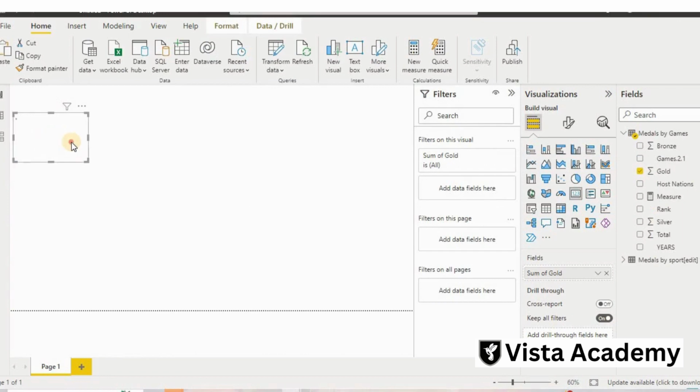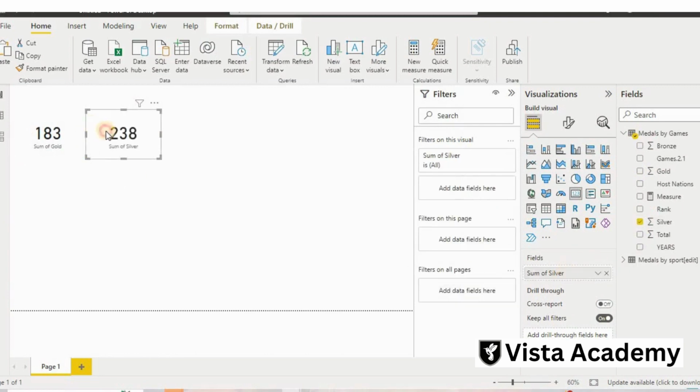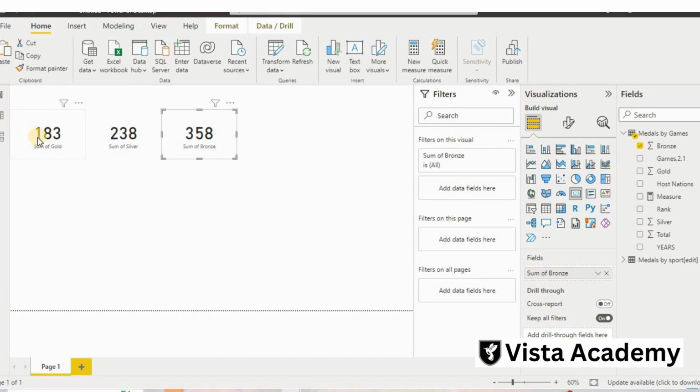Control C, Control V, we put it here, and this time I will take silvers. So we have 238 silvers. Then Control V, and here I will put bronze. This is the total number of medals we have got in gold, silver and bronze.